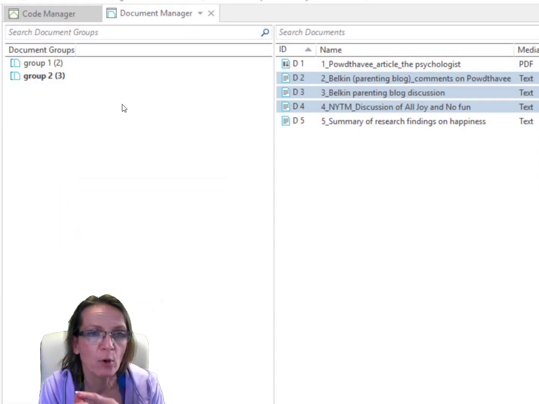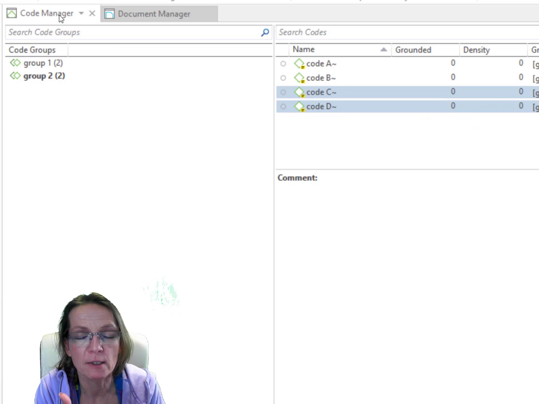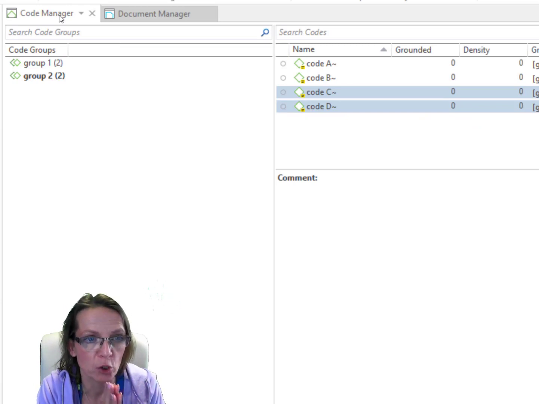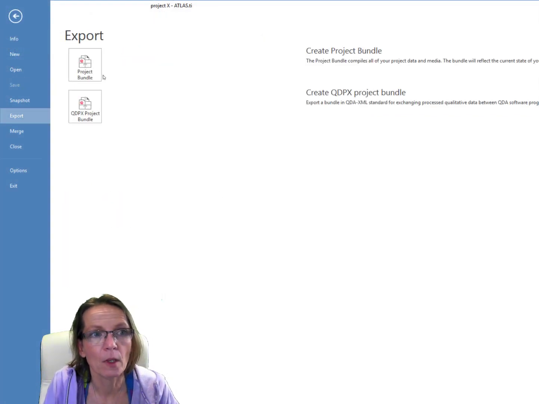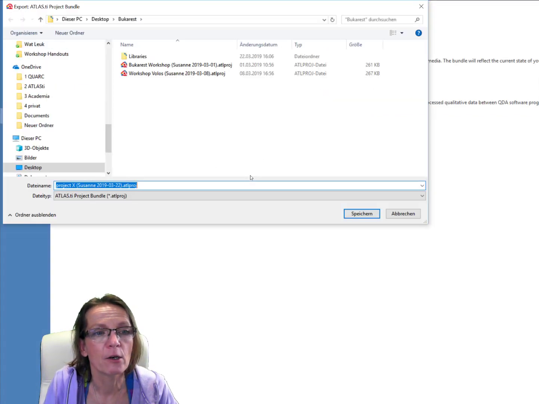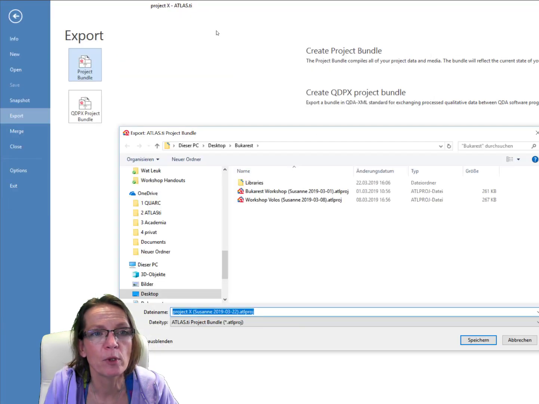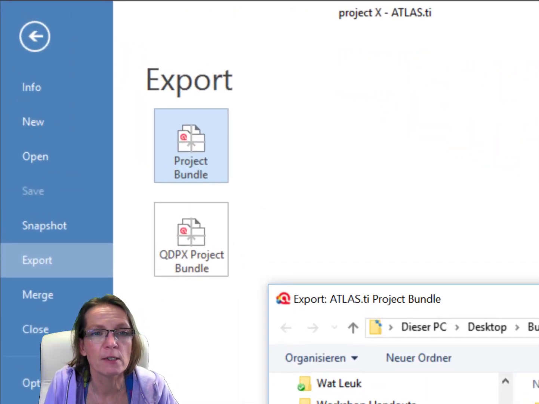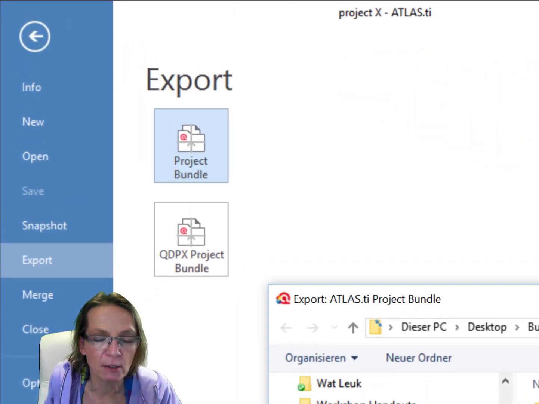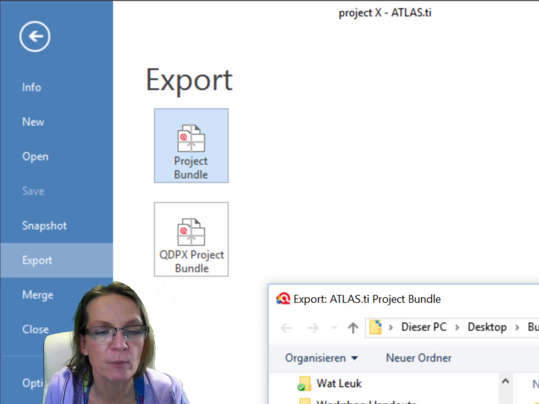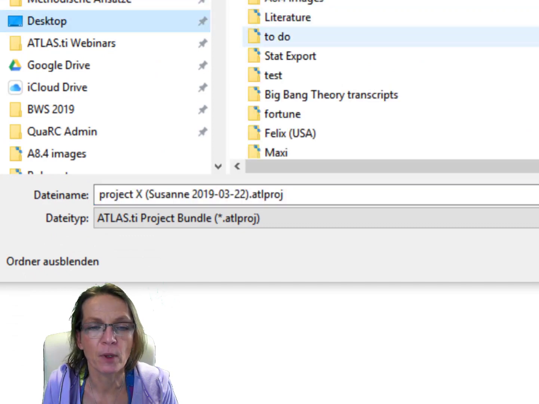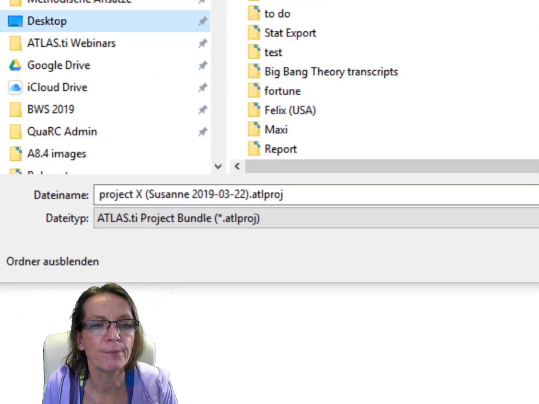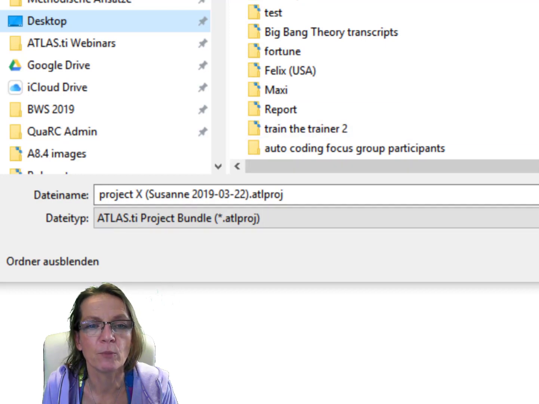So now I've added some documents, I added some codes and some code groups, document groups, and some definitions. So I'm saving that project now. And I create a project bundle file. So I export the project. If you don't see these two export formats, then you need to update to version 8.4. So here now we have Project X, my username, and today's date as the bundle name, and I just put